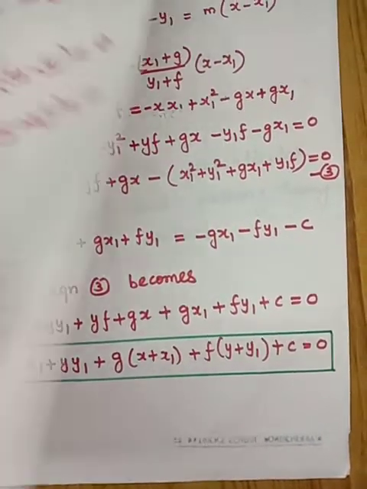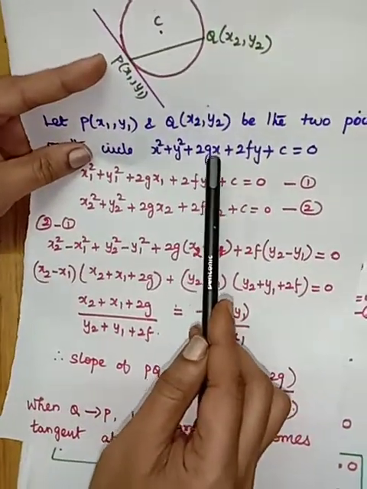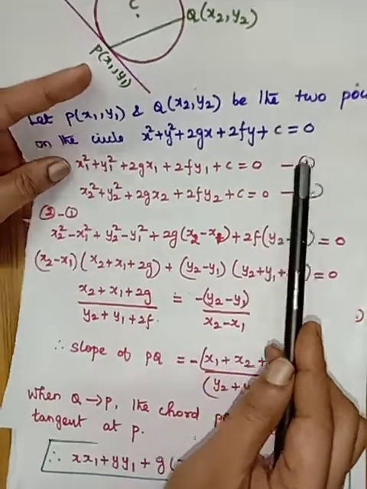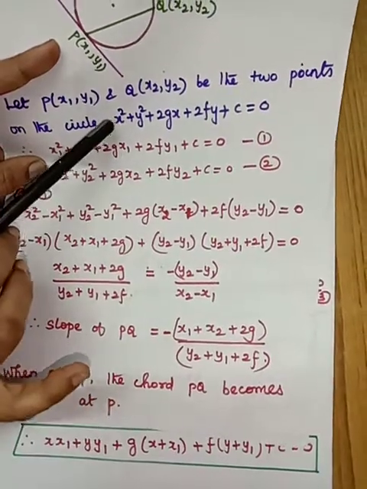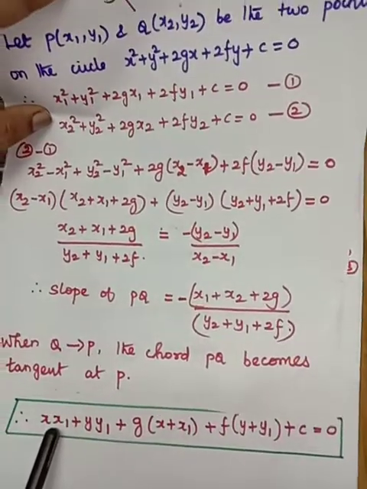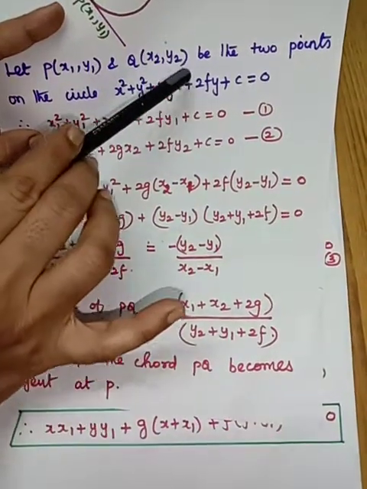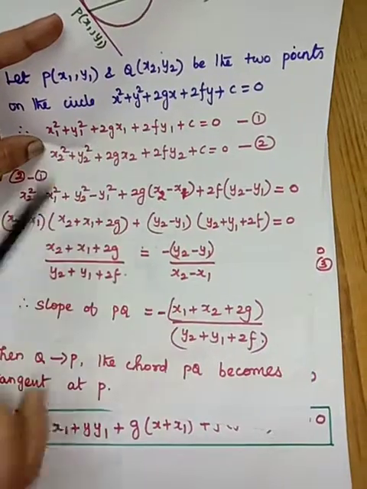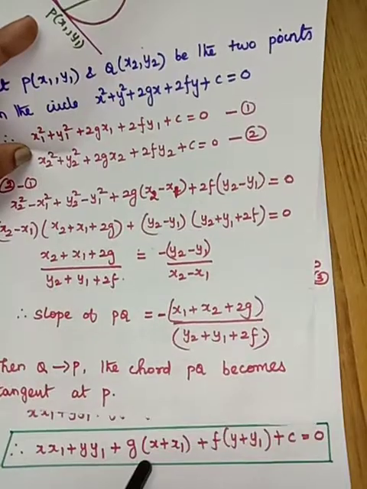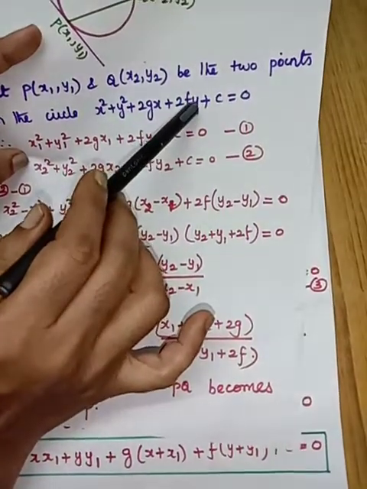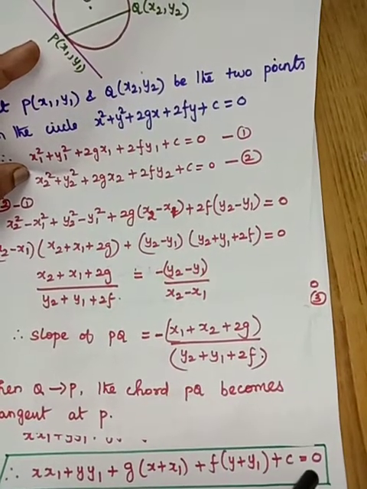Okay, you see that. Look at the circle equation. It is x squared plus y squared plus 2gx plus 2fy plus c is equal to 0. Look at the tangent equation. In the place of x squared, what you are having? xx1. In the place of y squared, you are having yy1. In the place of x, it has to be written as half into x plus x1. So the 2 getting cancelled, you will get this answer. In the place of y, if you substitute half into y plus y1, so f into y plus y1, plus c is equal to 0.